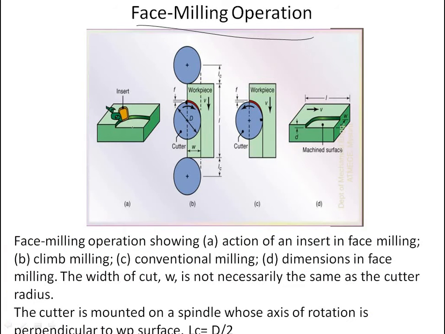Face milling operations. These are the face milling operations. You all can see the insert, as I said in the previous slide, it will be in a triangular position. You all can see the yellow color, which is an insert. You have to place it with a screw. It is tightened with the screw. An insert is nothing but a small tool which removes the material from the workpiece.